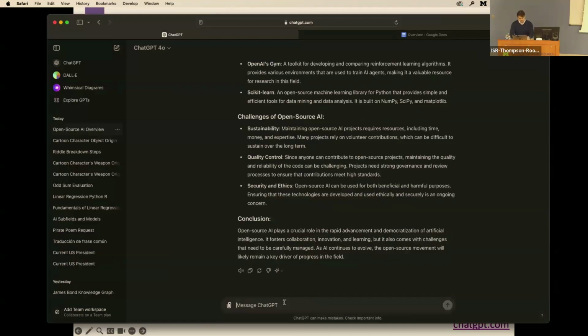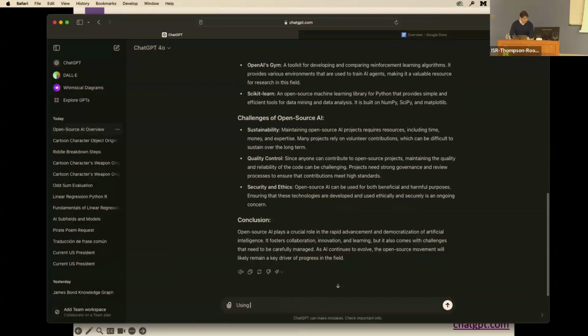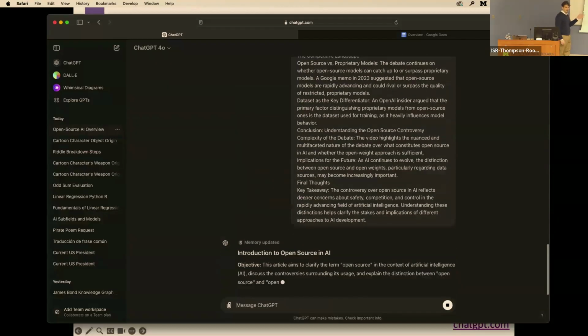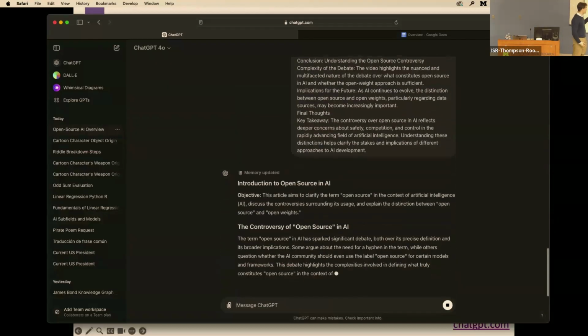So, using this new information, redo your article. And I'll go ahead and read it, summarize it, and embed it with my own information.